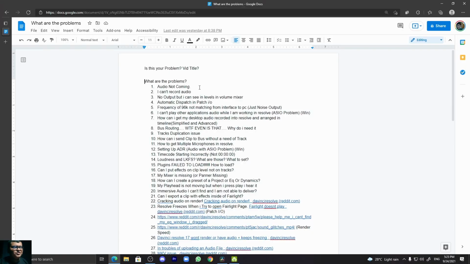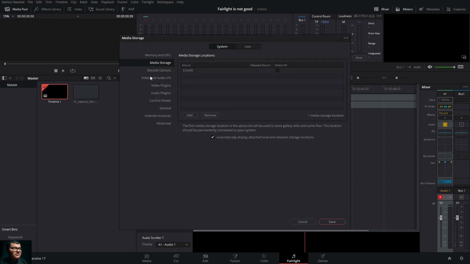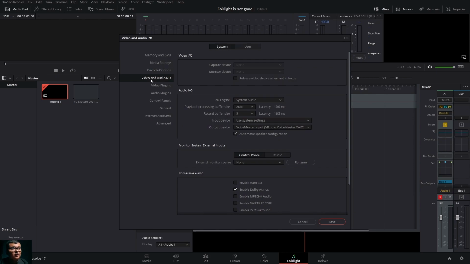So the first question is, audio is not coming. Let me tell you why your audio might not be coming. First, where you need to go to check what's going on. First go to DaVinci Resolve, Preferences, Video and Audio IO. Many don't know about this. In Windows this has been changed, so system audio will be your default.